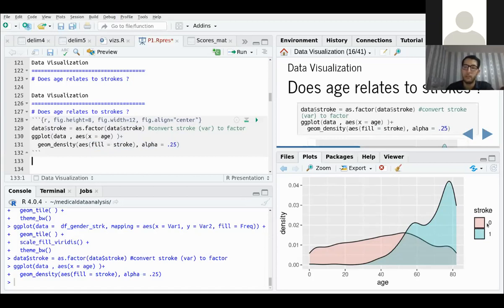So the zero in the pink color represents the patients that didn't have a stroke. And as you can see, I have a normal distribution. It goes up until the middle and then it goes down, which is the normal behavior of people. I will have fewer old people and fewer children, and I will have a lot of people in the middle. But in the blue ones, the density plot in the blue,